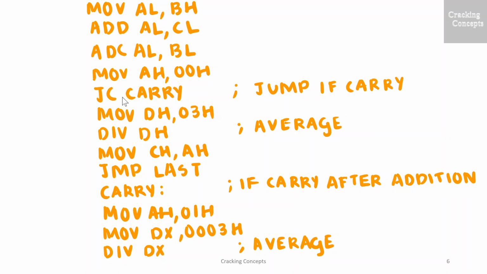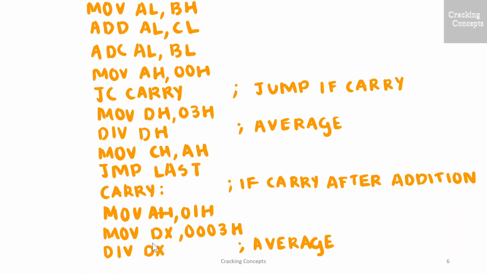Then we check whether the carry flag is set, that is after all the three numbers have been added. If the carry flag is set, then the control is transferred to the label carry. Since there was a carry, we will store the value 1 to the register AH to show that there was a carry. Now we are using both the higher and lower bytes of the register AX. So when we choose the divisor in order to perform the division, we need to have it as the same size as that of AX.